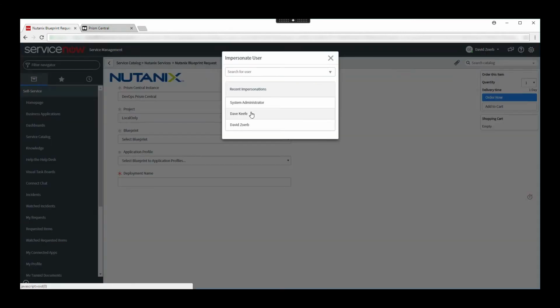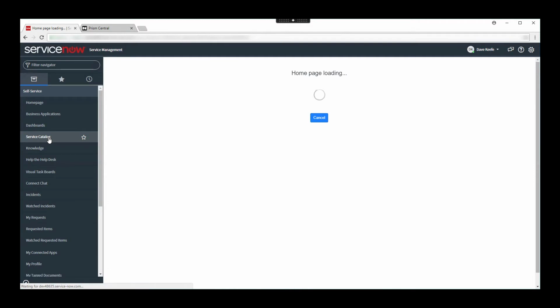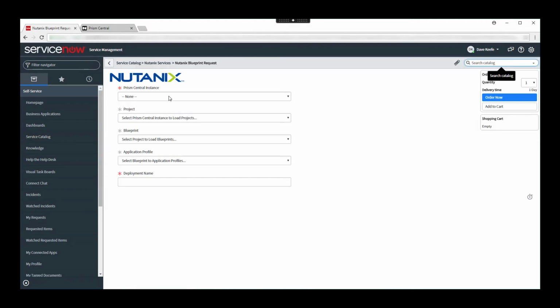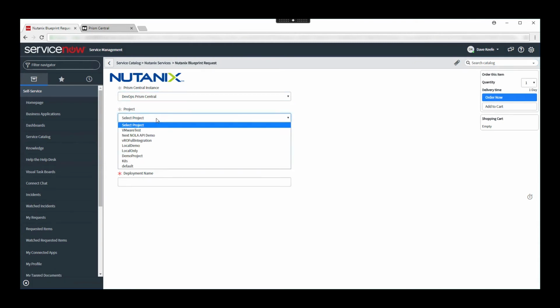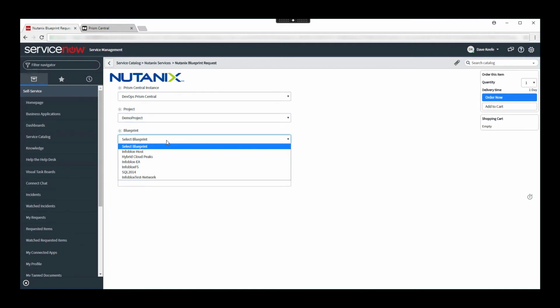By impersonating myself now, we will once again walk through the ServiceNow self-service catalog. We will begin by selecting the Nutanix Services catalog and then the Nutanix Blueprint request. We select the Prism Central instance that we would like to deploy to. As we can see, I have access to different projects than Mr. Zorb had access to. Selecting the demo project and then the Hybrid Cloud Peaks Blueprint, we see that the profiles